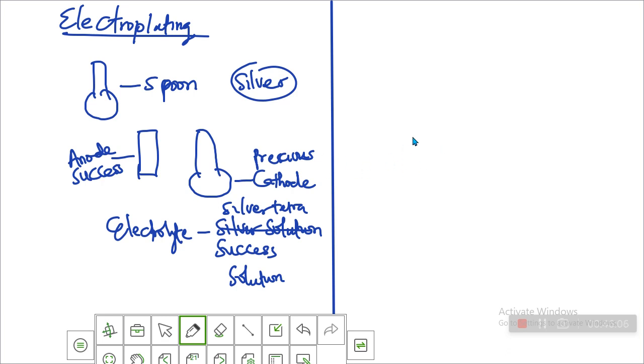So for the purification of metals, you just say the impure metal will be your anode, while your pure metal will be your cathode, and the solution of the pure metal